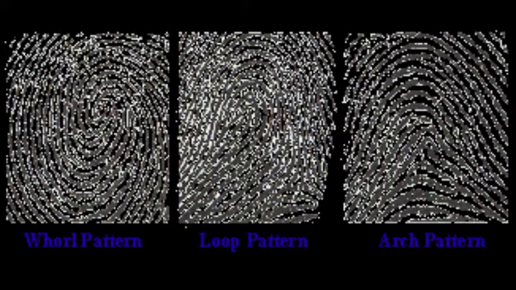Loop: the ridges enter from one side of the finger, form a curve, and then exit on that same side. Whorl: ridges form a circular pattern around a center point on the finger. Scientists have found that family members often share some general fingerprint patterns, leading to the belief that the pattern